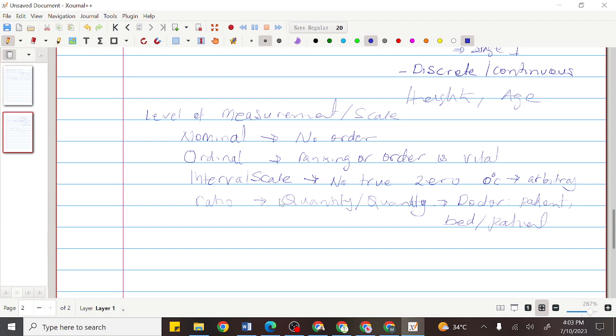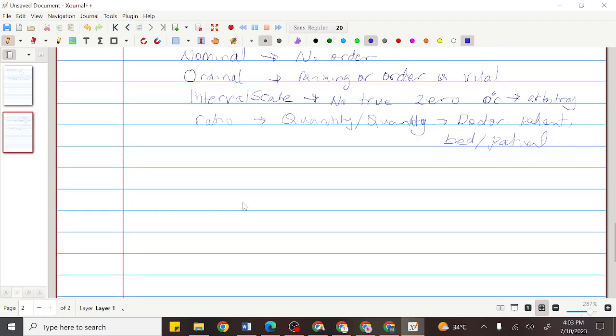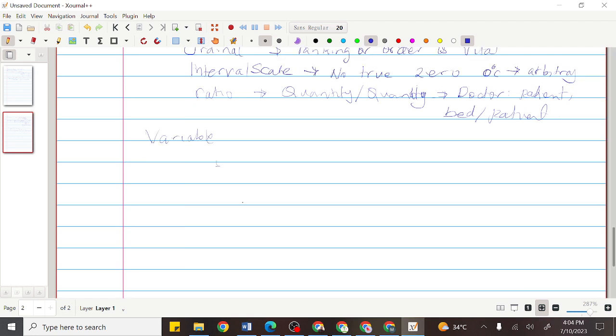Now let's go back to what we termed as variables. Okay? So variables can be divided into two. You can have what you call independent variables and then the dependent variable. Now, in our example of using the drug X to reduce temperature, we can say that